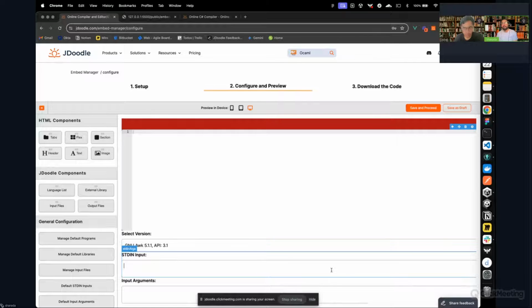Whether you have any component here or not, you can still use embed to host communication. Even though there's no component on it, you can still execute your program, which I will show later. So for the other, if I talk about the JDoodle components,